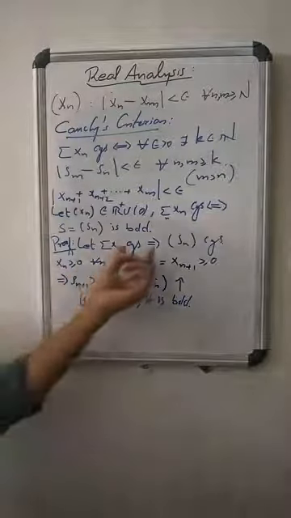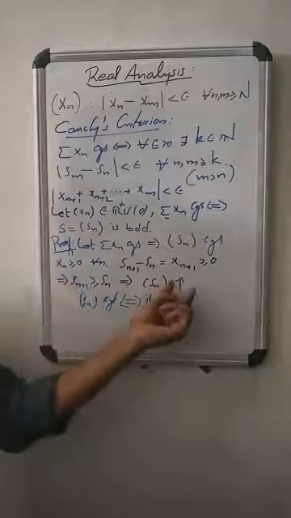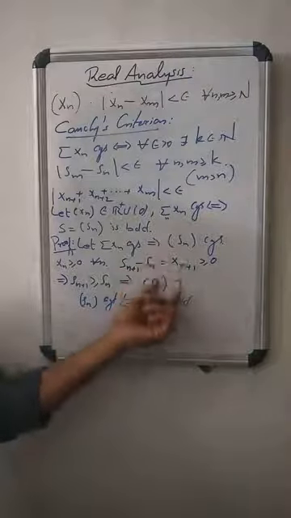Sure. Sigma xn converges. Sn is an increasing sequence, so Sn is a monotonic sequence. So by monotone